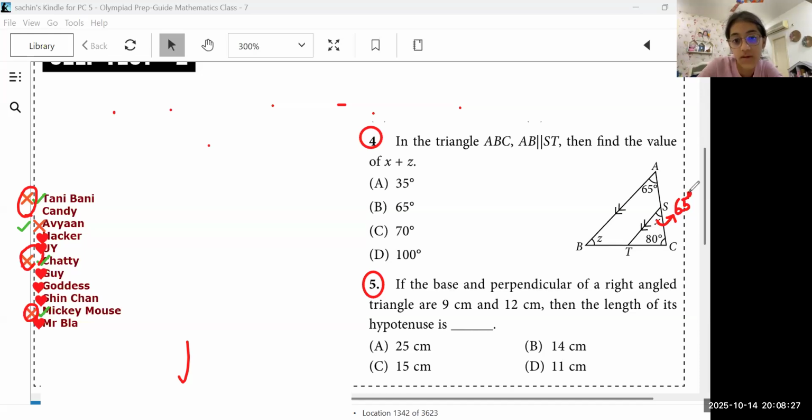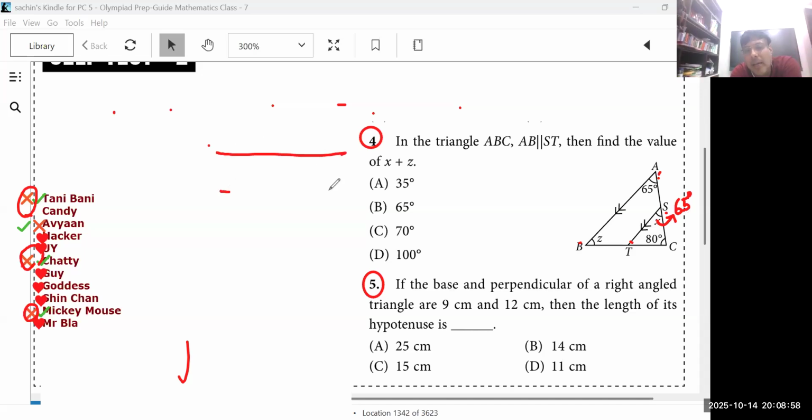Angle t and d will be equal because the lines are parallel, and then t and b will be equal. What about a and x? Why is x 65? Chetty, can you give me the reason why x is 65? Because I don't know. The sum of all angles is 180. No beta, I'm asking why this is 65, because this is 65 and this is 65 because